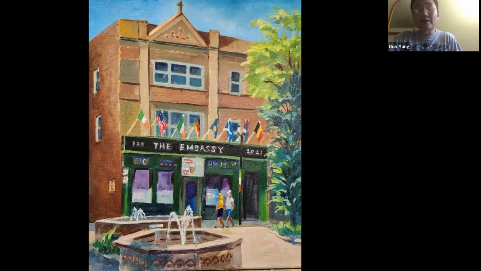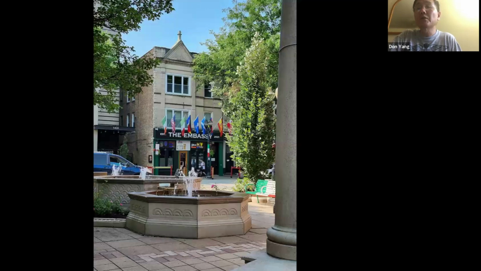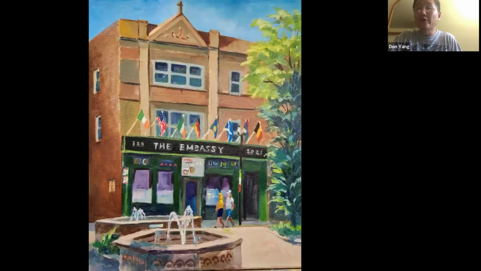So I like that. And something that pops out right away is the very strong color contrast of the blue sky against the kind of orangish, intensified color you can see there. That really makes it jump out. As you know, those two colors are a complementary color combination. So there's that.